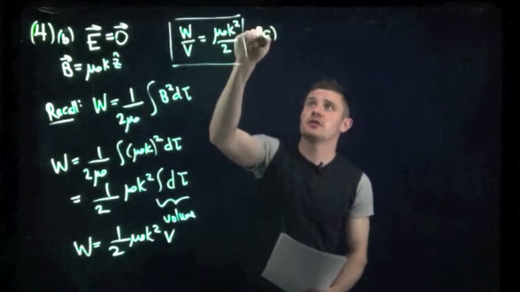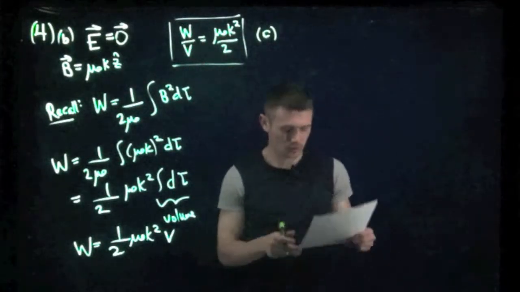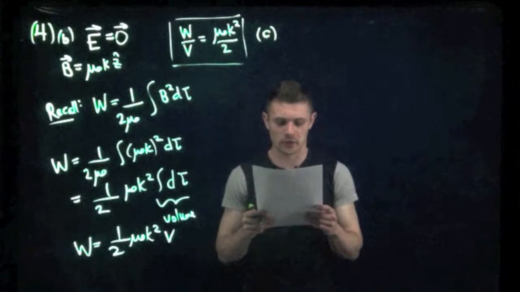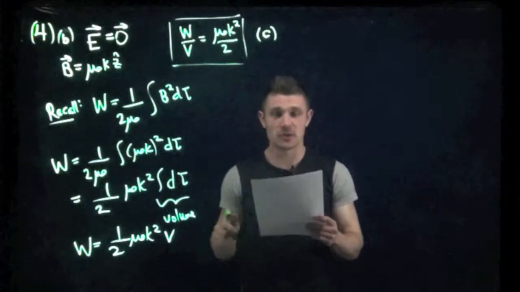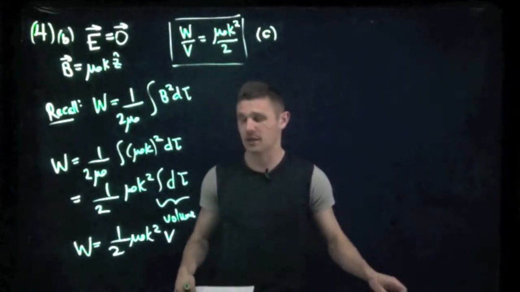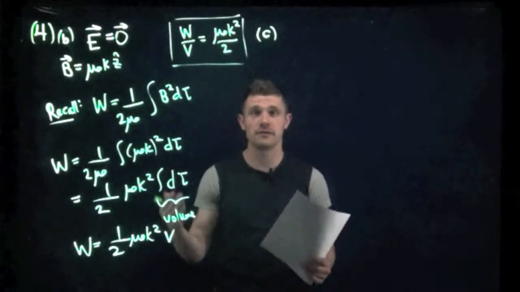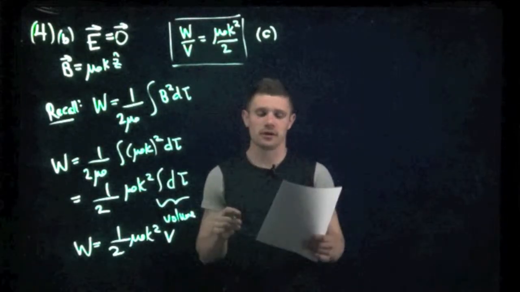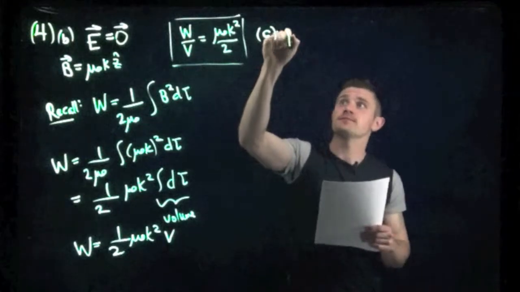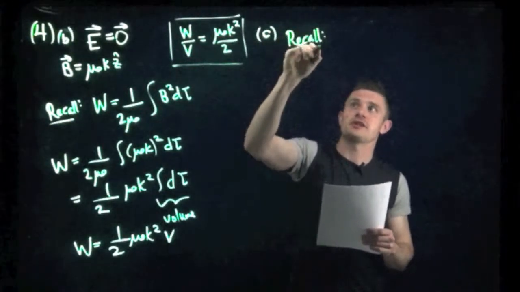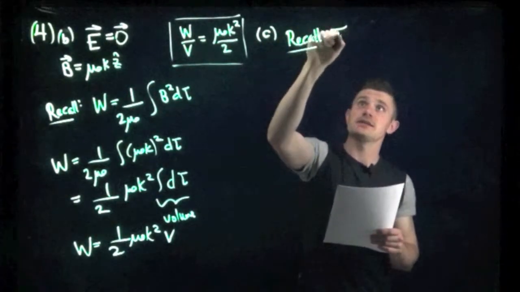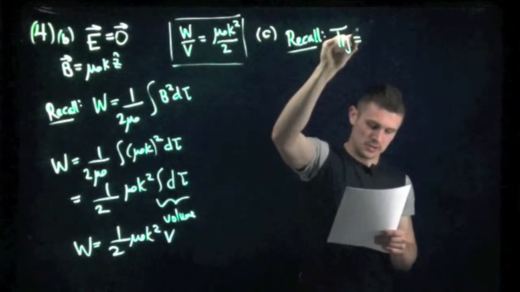I'll just continue through and solve part C right now. Part C asks to find the components of Maxwell's stress tensor between the two sheets of steady current. Maxwell's stress tensor depends on the electric field and the magnetic field, which we found in part A. So we'll recall that the Maxwell stress tensor element is given by T_ij is equal to